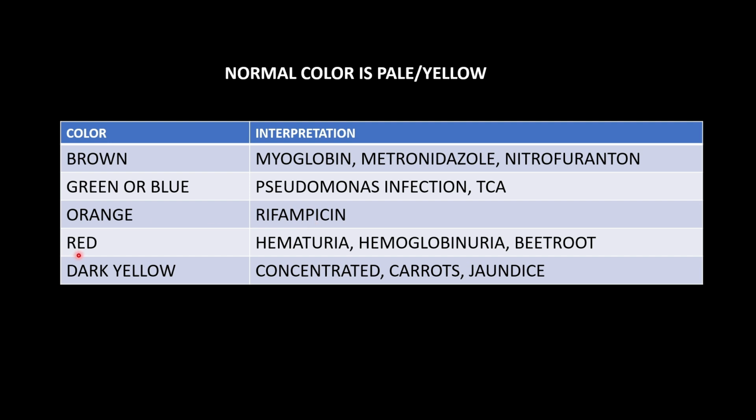If the urine color is red, it could be hematuria, hemoglobinuria, or beetroot consumption. If the urine test shows dark yellow urine, it is usually concentrated urine. It could be because of dehydration, it could be because of excessive carrot use, or it could be because of